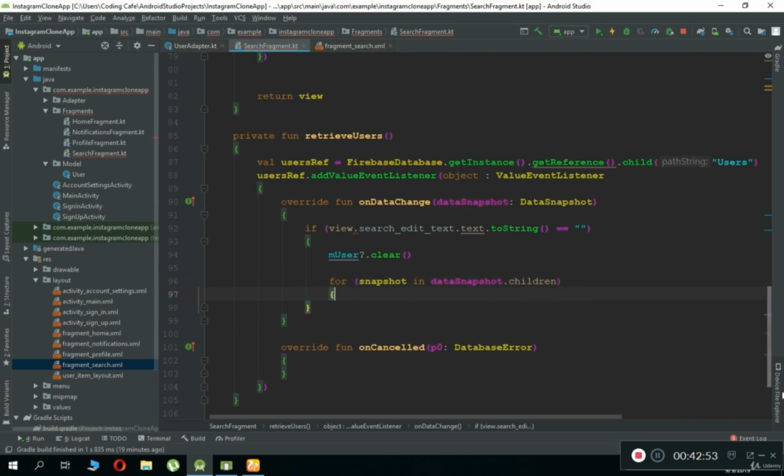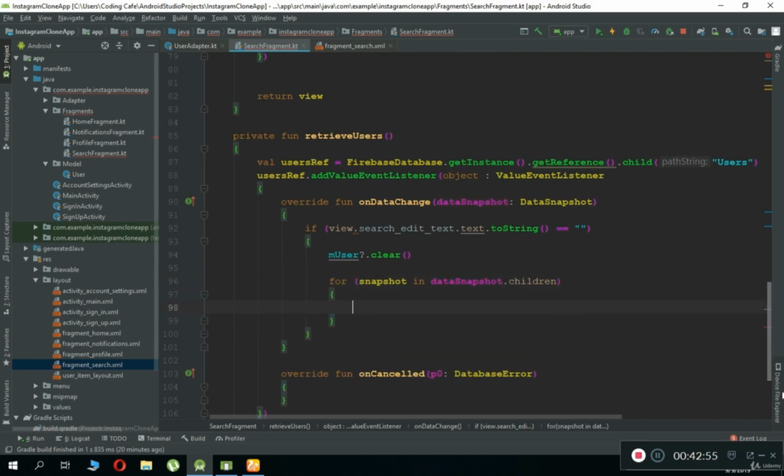Now, basically what we are doing here is a very good practice: retrieving all the users and saving them. As you know, we have created an array list, or the list, in which we will retrieve and store all the users, so that it takes very minimum time, I mean milliseconds, to search for a user, to search different users easily and quickly. So now we are going to add all the users to our mUser array list, or you can say to the list. So anyway, we can say equals to snapshot.getValue